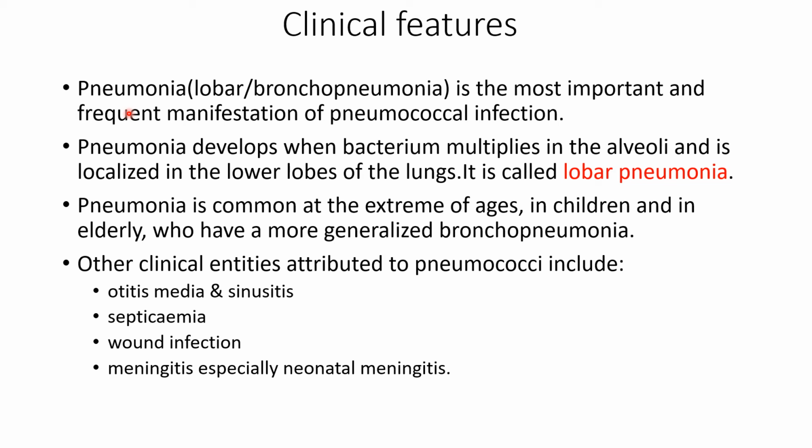Pneumonia mainly develops when bacteria start multiplying in the alveoli. And what is meant by lobar pneumonia is when one or both of the lobes of the lungs are affected fully. Instead of just getting small patches in the lungs, if the whole lobe of the lung is affected, either the lower side or the upper side, resulting in inflammation, it is called lobar pneumonia. Whereas if patches of tissue are getting affected inside the lungs in both the lobes, then it is called bronchopneumonia.